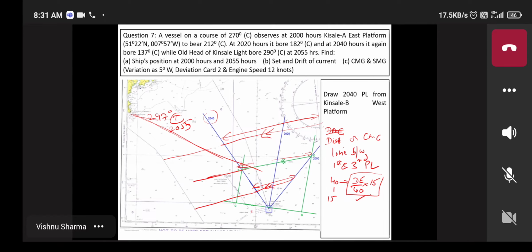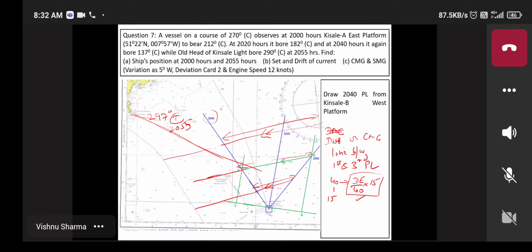Understood? That is the CMG for 55 minutes, on the CMG. So we can't call it distance made good because distance made good will depend on the ship's position, right, beta? This CMG may vary, yes, I've already drawn three CMGs and told you it will vary. Otherwise, why did I have to draw the three CMGs? Okay, so now wherever is your CMG, you'll work on that, and whatever distance comes,